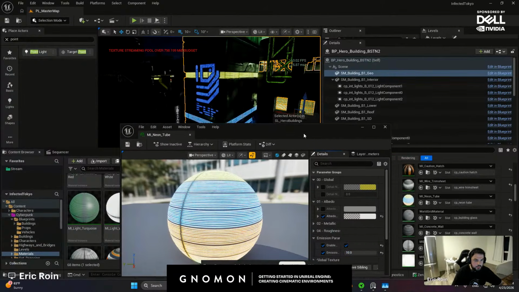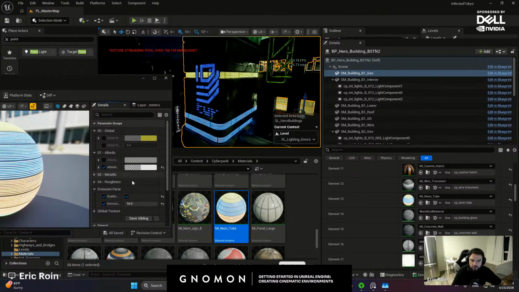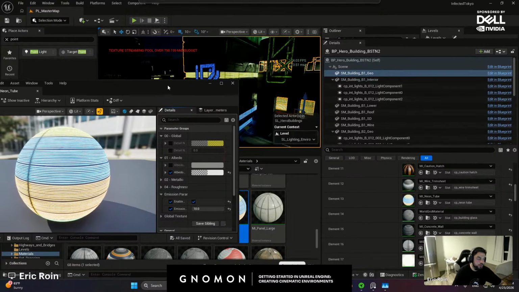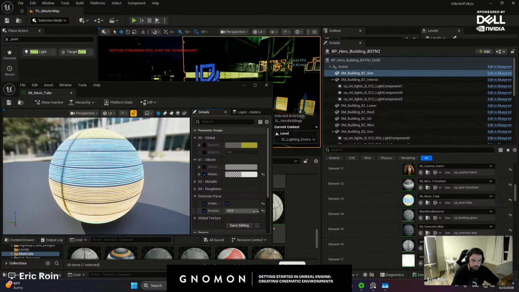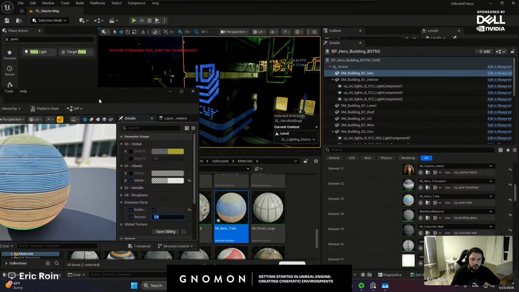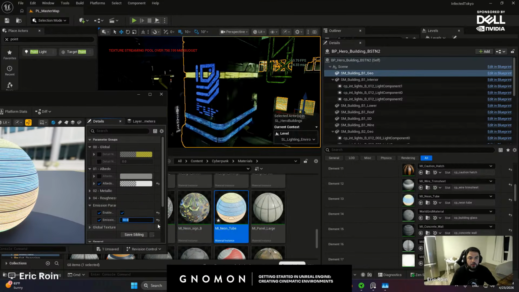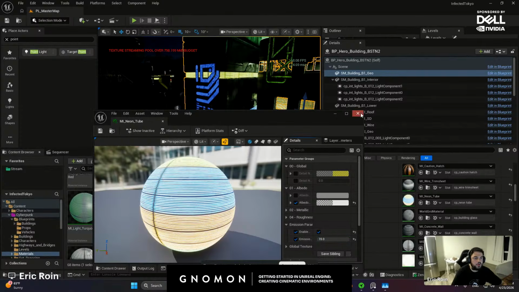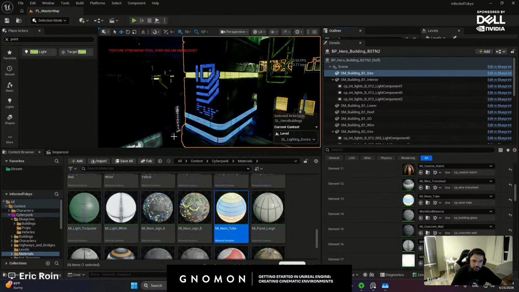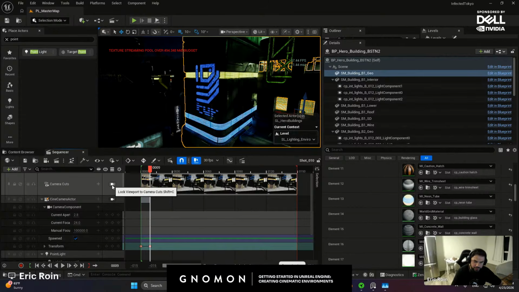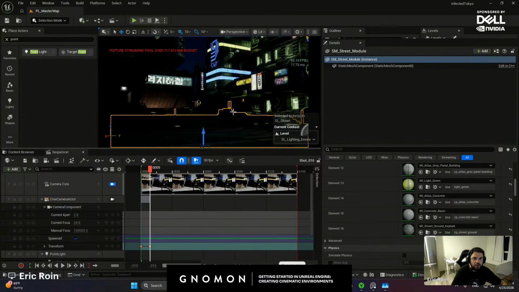Let's see. So I'm going to go back and forth, A and B. And I'm mostly trying to use one screen. Usually I will be working on two screens, but for the sake of the stream, I want you guys to see exactly what I'm doing, even if it might feel a bit overwhelming. 1, back to 10. Yeah, so I think 10 in this case works pretty well. Maybe even 15. I wouldn't worry about being too accurate with these numbers. These numbers can be arbitrary, as it all just depends on your texture and your emissive property. So let's not worry about that too much.